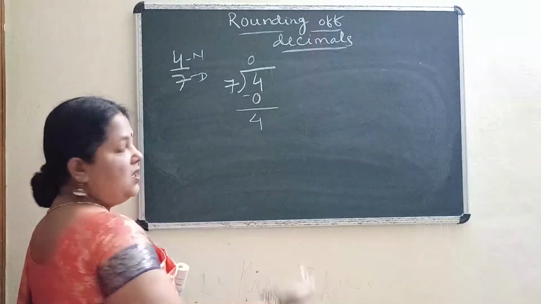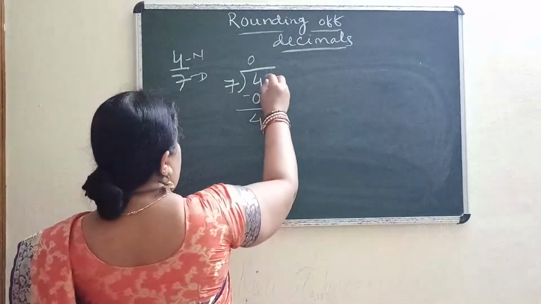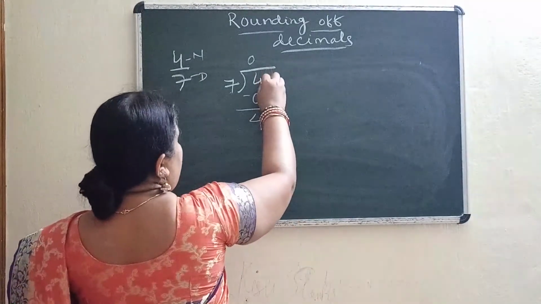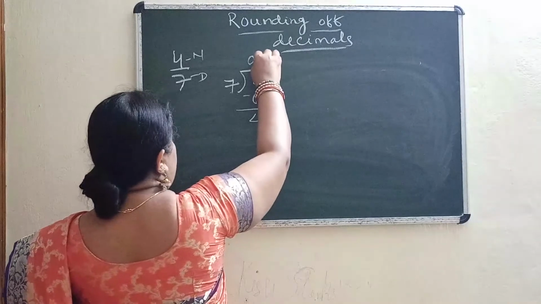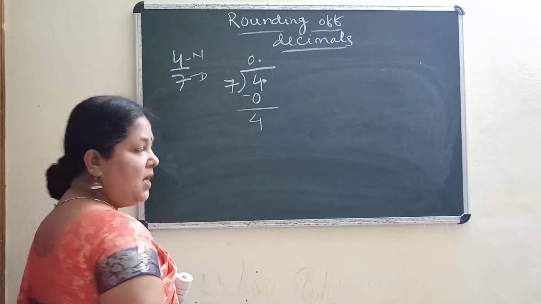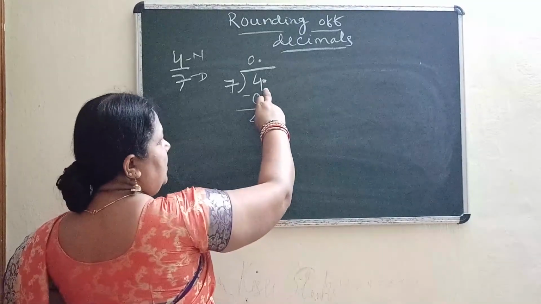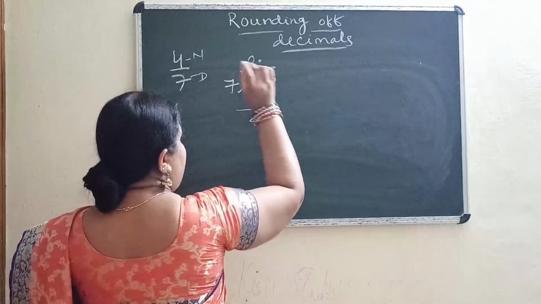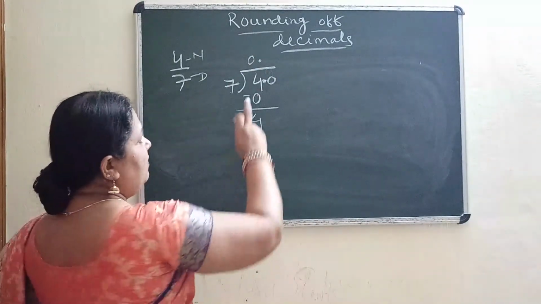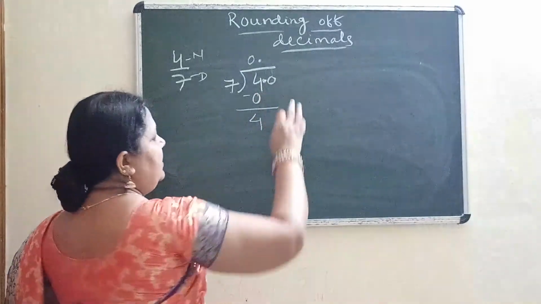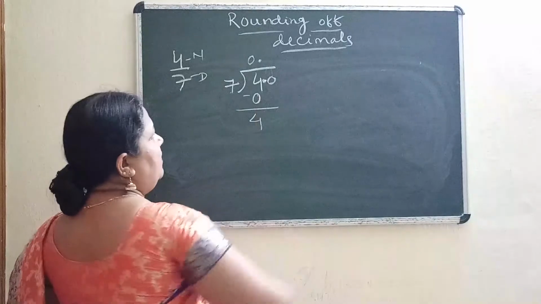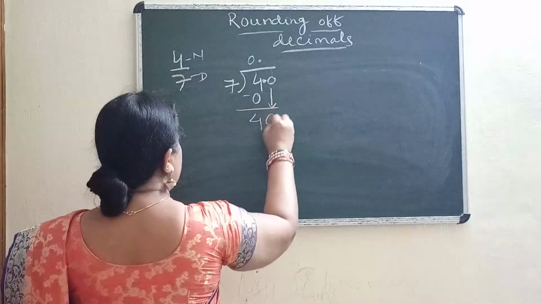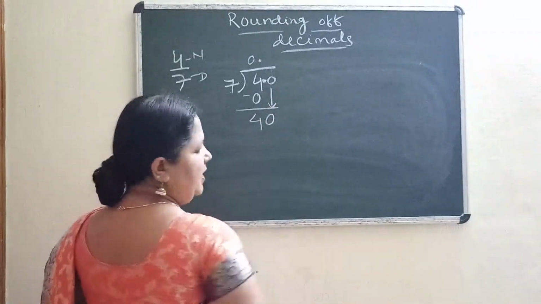Then what to do? Our division is not over. Here in the dividend you have to put a decimal point. Clear? When you put the decimal point here, at the same time you have to insert the decimal point in the quotient also. Once you have added the decimal point, you can add 0 at the right of the decimal places. Children, we have already discussed that adding zeros after the decimal point does not change the value. But according to our requirement, we can add a number of zeros. So once you have added 0, this becomes the next place. So now the number we are getting is 40.